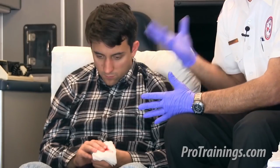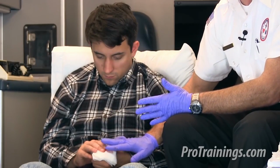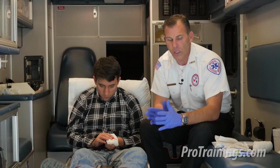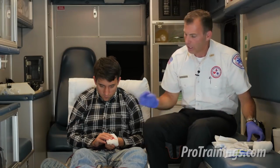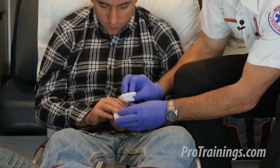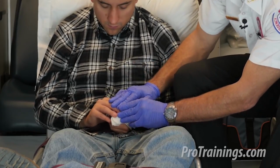The person is awake, they respond to me normally, they are helping me hold pressure over the remaining stump, and they seem to have no other life-threatening injuries. So let's control this bleeding. I can see that it's beginning to leak through. I'm not going to remove the gauze bandage to look at it because that will pull the first beginning clots off. I'm going to simply replace his fingers with the gauze bandage and ask him to continue to press